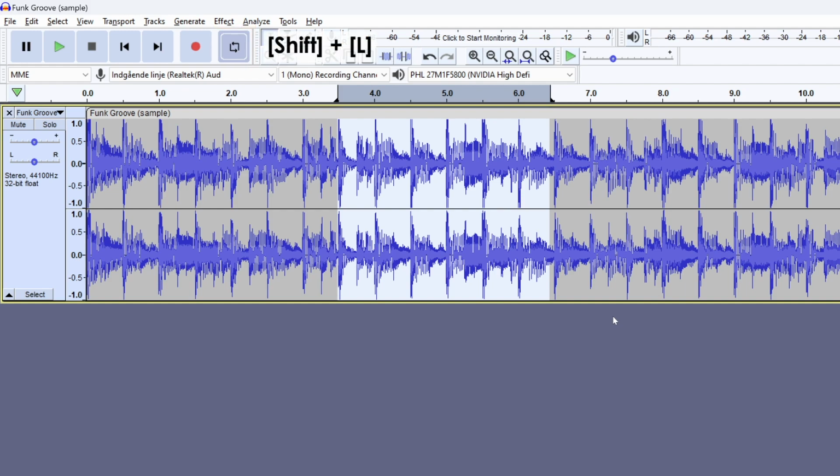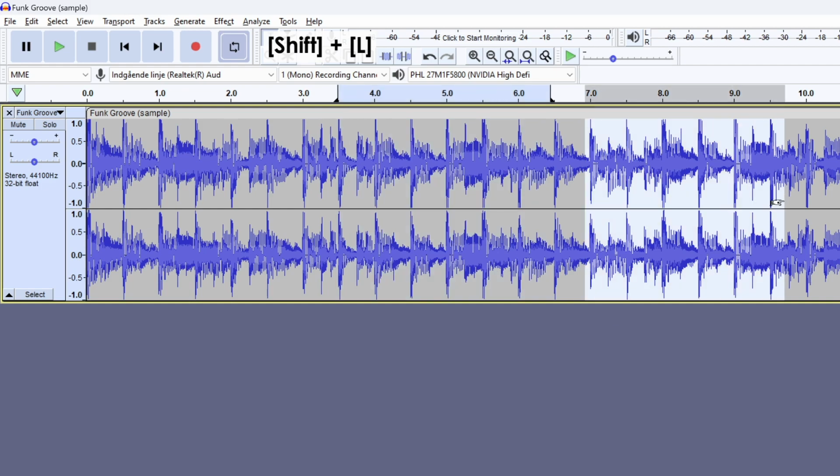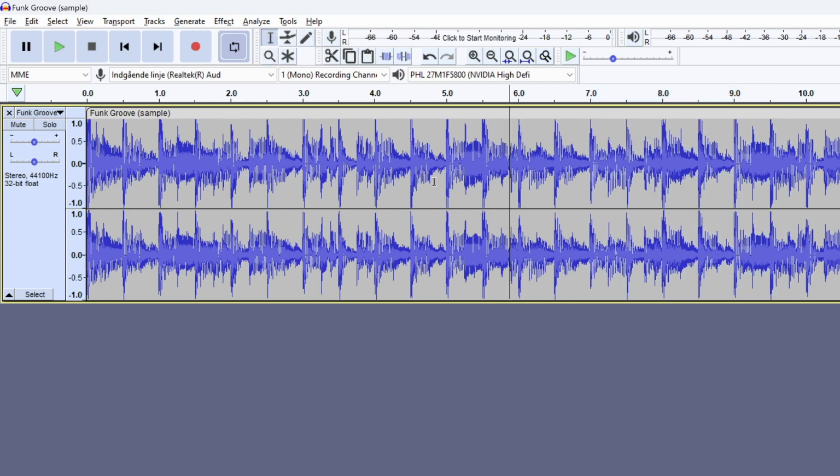And with Shift L, you can define a new region or simply remove the loop region. If you have a selection, but when playing back it goes outside of this selection, you may need to turn loop off.